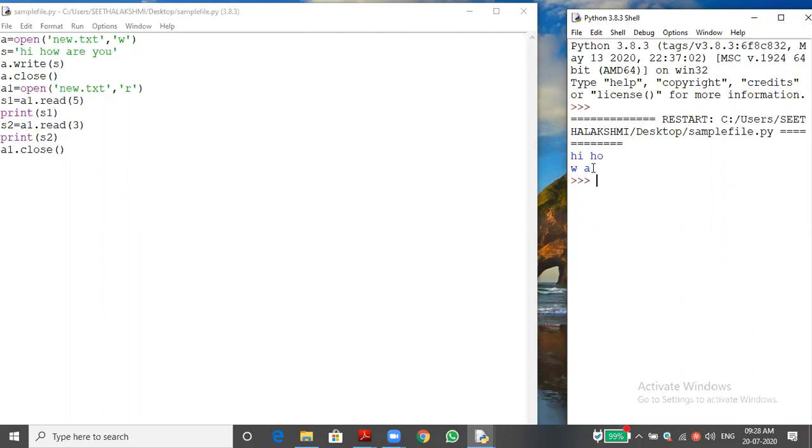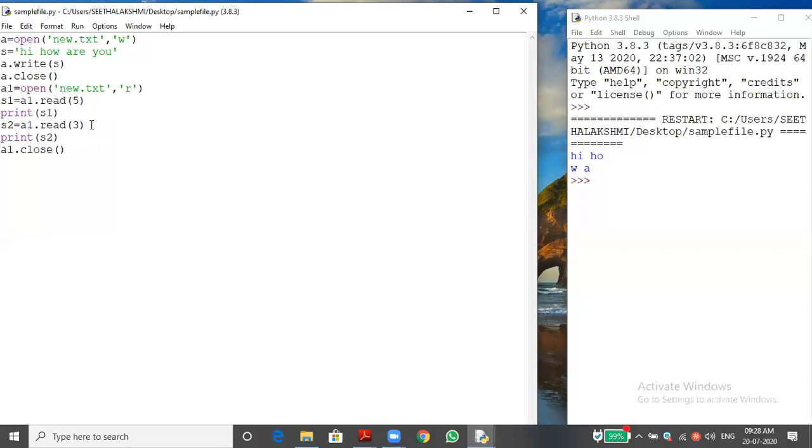Then the cursor will be there. Sorry, we should not say cursor, it's a pointer. Where will the pointer be? After A. In "Hi, how are you" is the content. After the A, you can see this program screen, I'm just placing the pointer. So after A, or before R, the pointer will be there.